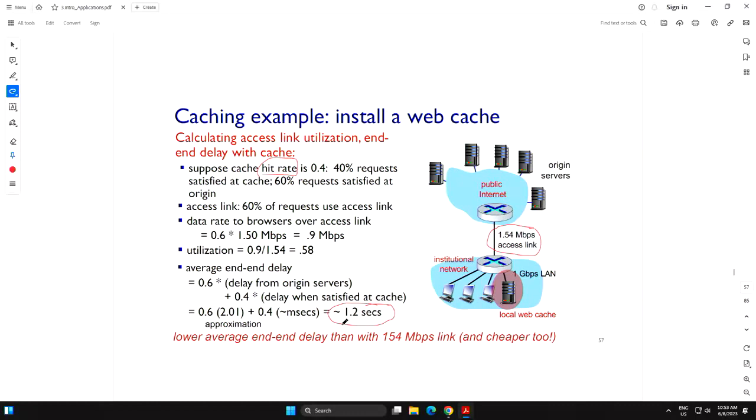Now, you ask how far they can push this replication. If they keep it in the public, even if it's close to you, it has to go through your access link. And that's where there will be some delay. So that's why you still need the cache within your organization, so you can save even further. Does it answer your question?